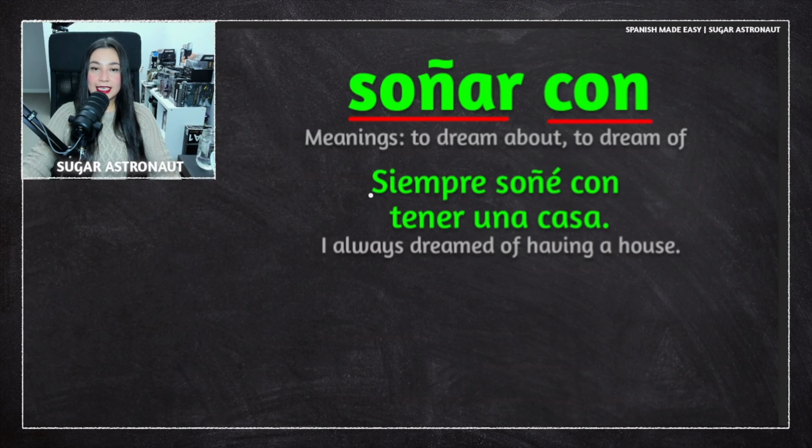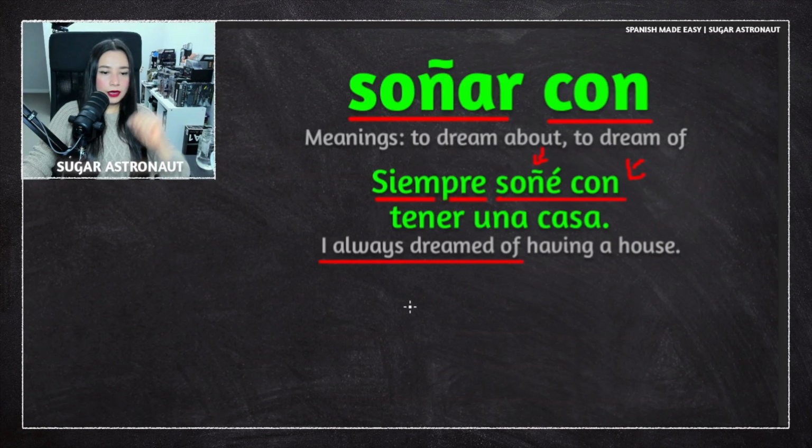So let's break this down and let's see how the phrase soñar con works. Siempre means always, okay? Yo siempre, you don't need yo. You can just say siempre first. And then you have the verb soñar, okay? And then the phrase soñar con, okay? So we added con right here. Soñé, this is preterite tense. Preterite, it already passed. So it's past tense. Siempre soñé con. I always dreamed of. You don't need yo. Tener,